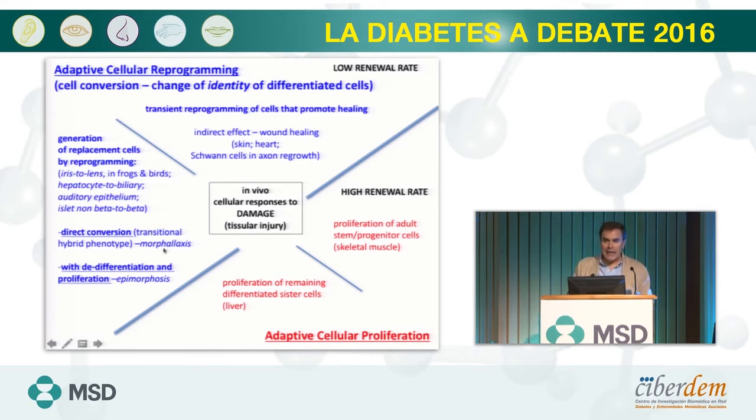This was called morphallaxis by Morgan. The other process is the de-differentiation of differentiated cells that enter the cell cycle before re-differentiating again. That process was called epimorphosis. As I will show you, we have seen these two processes happen in the islets of